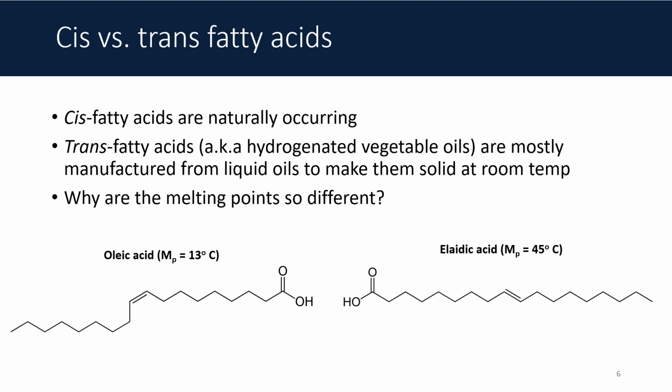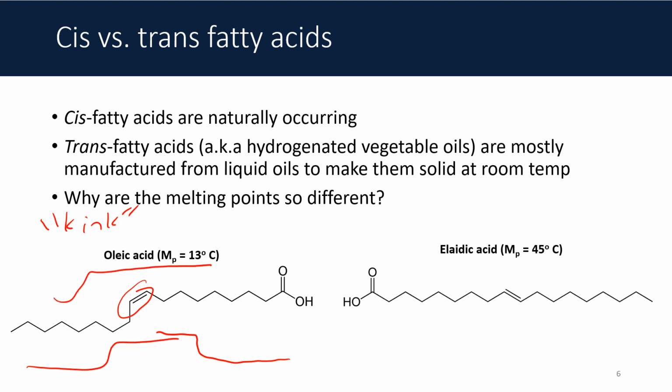It's an 18 carbon fatty acid derived from olives, and it's going to have a cis double bond in the ninth position. What does that cis double bond do? It's going to impart a kink to the molecular structure of the hydrocarbon tail. And as such, you can envision that the bent nature of the hydrocarbon tail is going to preclude its ability